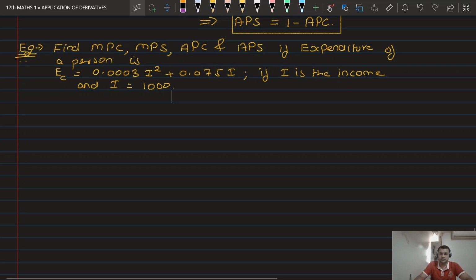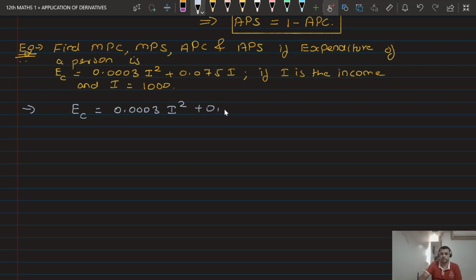In this example, we have to calculate the values of MPC, MPS, APC and APS. The expenditure function is given to you in terms of I, where I represents the income of that person. So we start with the given function EC, which is equal to 0.0003 I square plus 0.075 I, and we have just now seen